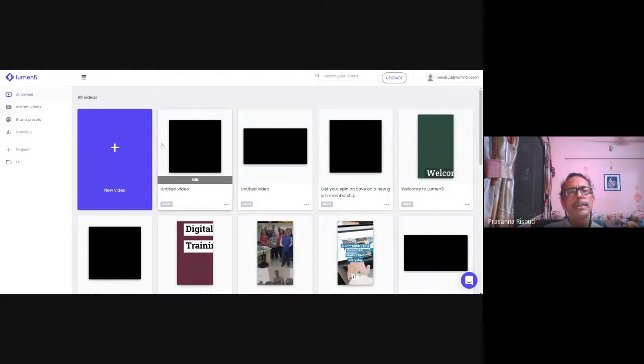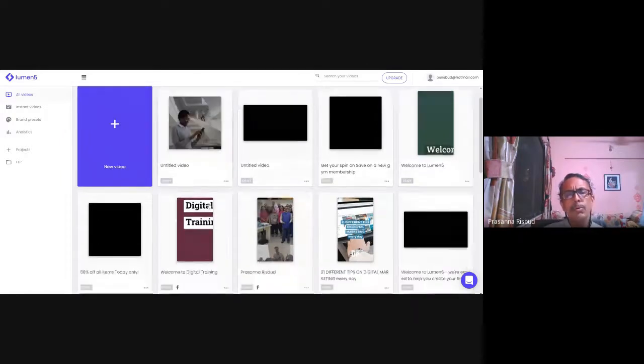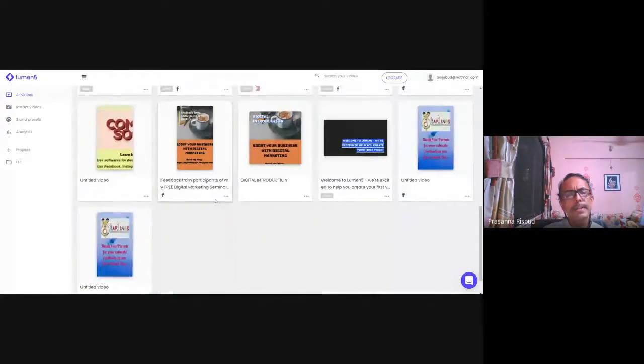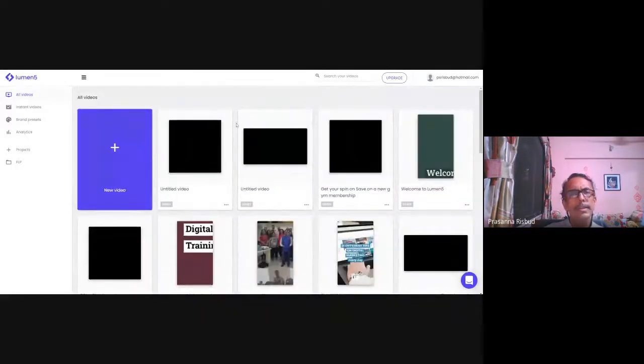You just have to use any type of video format, whichever you want, vertical video, square video, any type of video format, and the ready-made template. So it's much similar to Canva. What you can do is you have to design your content, you have to put your text, and your video is ready. Now, the only difference between this and Canva is in Lumen, you have a fixed quantity of text which you can enter. So whatever text you are entering will be of fixed value. So you can enter only the specified format which is given or the template which you select.